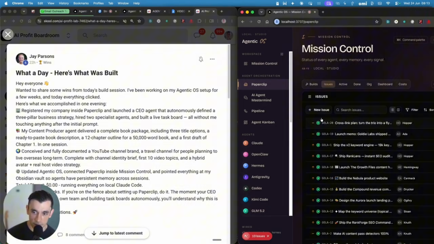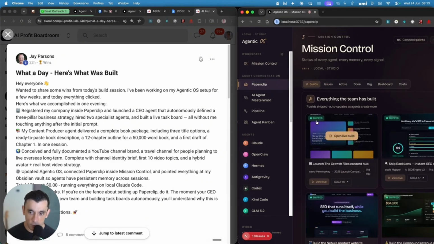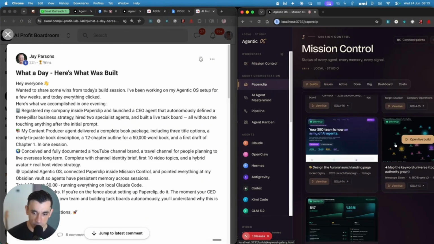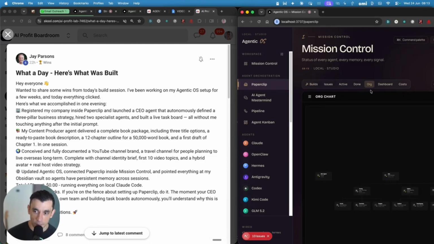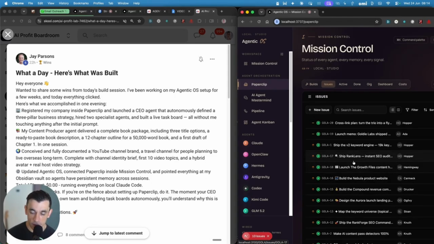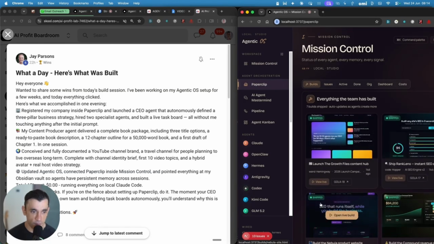They can build and complete tasks, as you can see right here, and we get a checklist of what they've done. And then once it's all completed, we can view it inside our gallery. It's a powerful way of having agents orchestrated together when you've got multiple agents. So if you've got Claude, OpenClaw and Hermes, how do you get them working together? One of the best ways is to plug them into a team like this with Paperclip. Then they can complete tasks for you, and you can see everything they've built in one place,